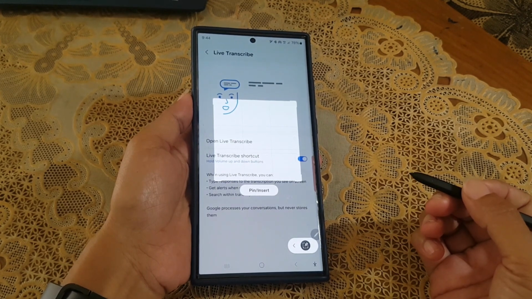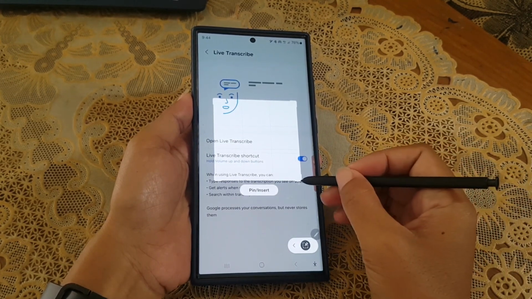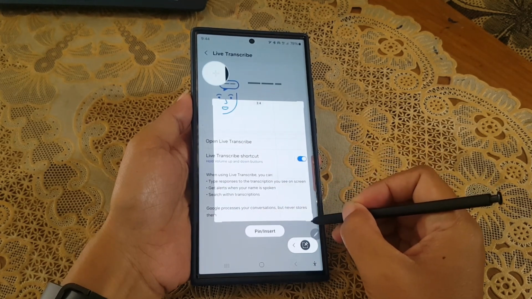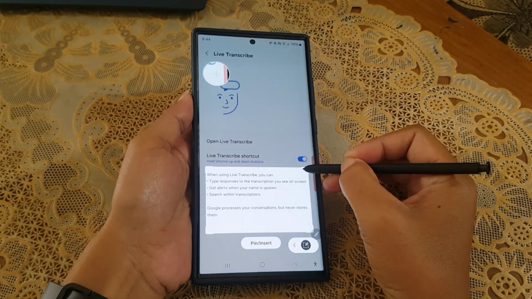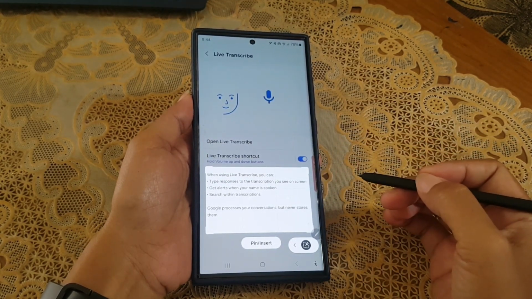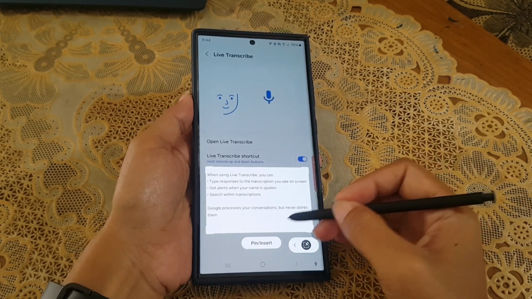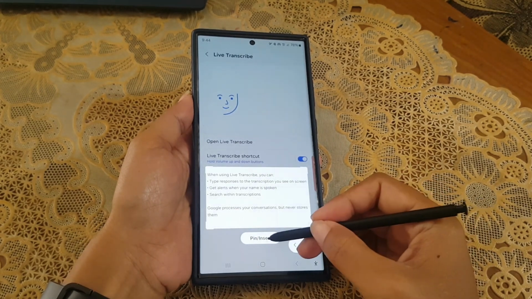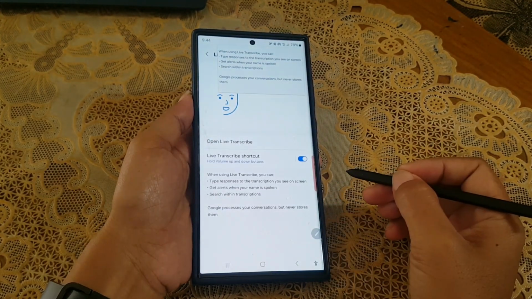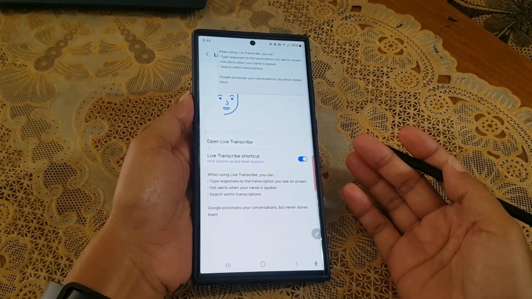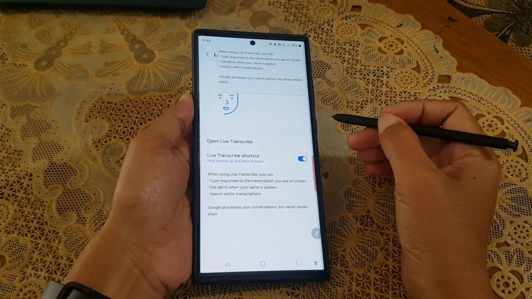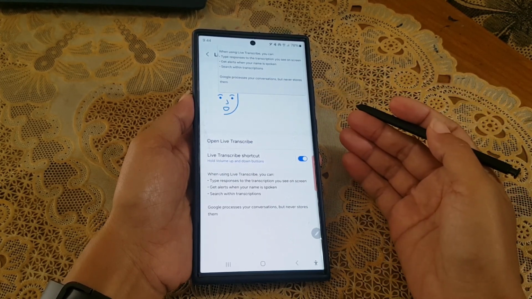If needed, you can adjust the selected area with your S Pen by dragging the edge of the selected area. And then tap pin or insert to pin the selected area. As a note, after updating your phone to Android 14, now you are provided with the ability to extract text from pin content you made with Smart Select.